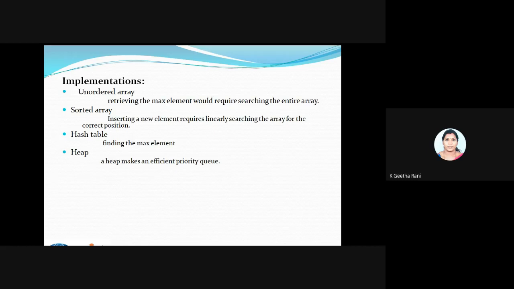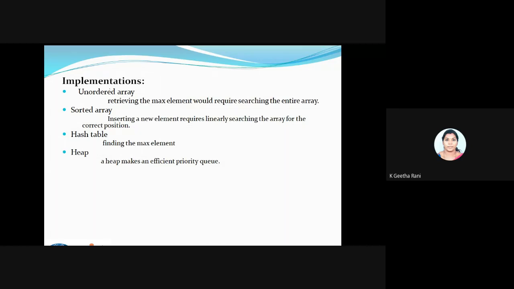The same way as the implementation of a queue, using an array or linked list. For this priority queue, we have so many ways of implementing it because we have three types of data inside this node. So we have so many ways of implementation. Okay, so we will see, for example, if it's going to be an unordered array.